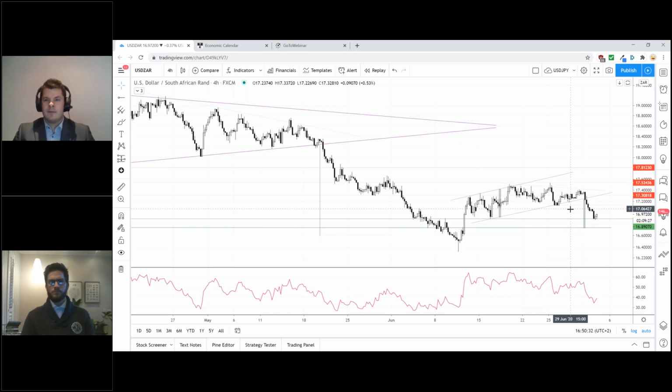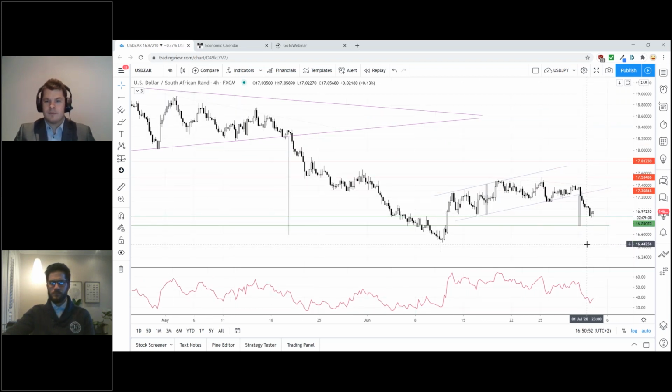and if they're looking to just have something a little lower down for the rest of their portion, to chat to them and say, listen, technically, we are looking great. There is a chance that we get down to this measured move, and I'll chat about that a little later, this measured move between 1670 and 1690. But, to have an order somewhere around there just to take advantage of the move,